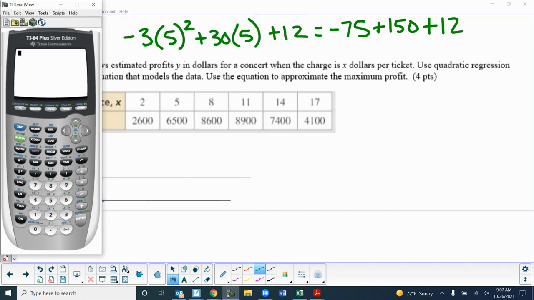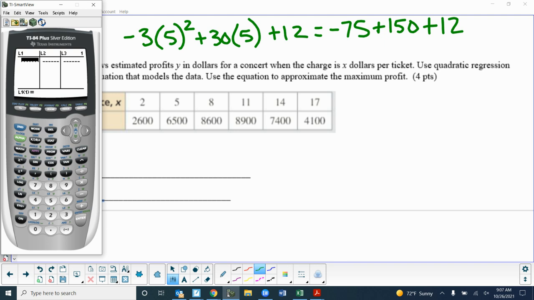All right, so we got to go to our list. Again, what we're looking for, we got to answer the question, but before we can answer the question, we have to find the equation. Okay? So we go to stat and edit. Now I've got numbers in there, so I have to clear it. So I go up, hit clear, go down, left, up, clear, down,